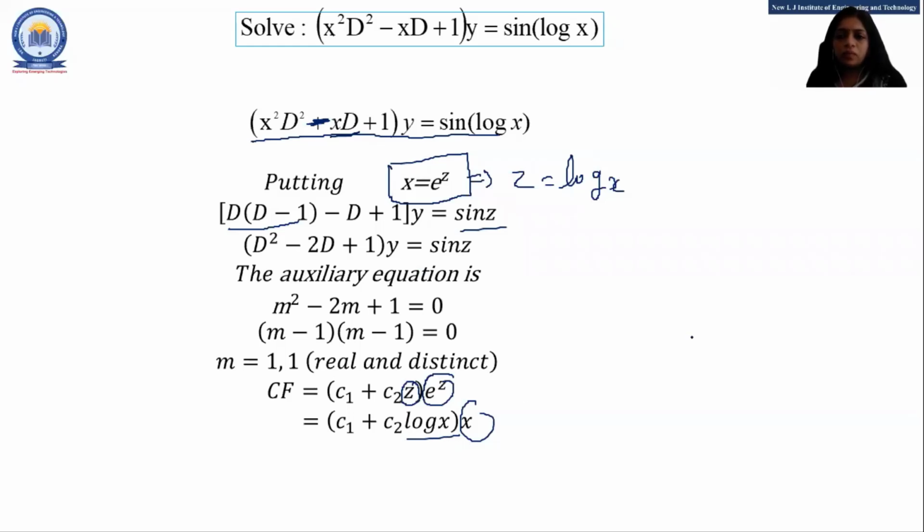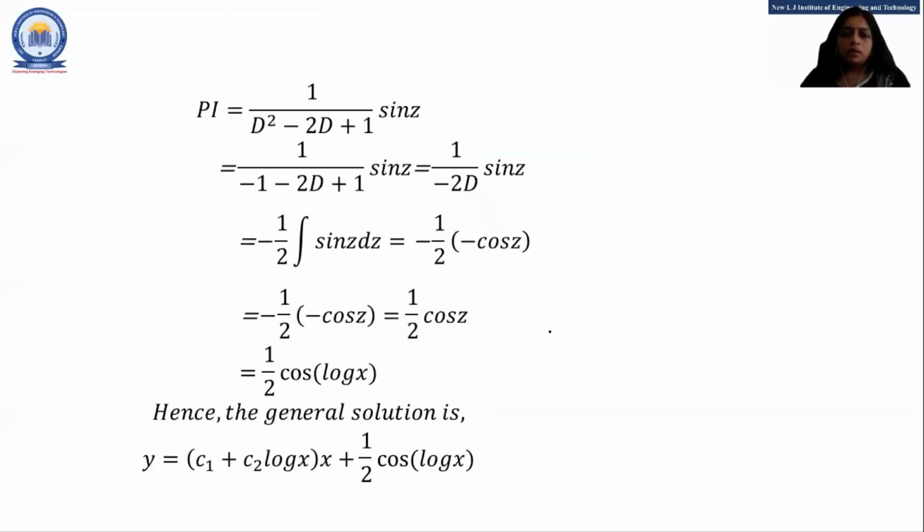Okay. So does anyone have any doubt regarding this CF about this example? Let me know in the chat box. If you have no doubt, then also give your answer that you have no doubt. If you have any doubt, then let me know. Okay, no doubt is there. So we'll move to the PI, right?